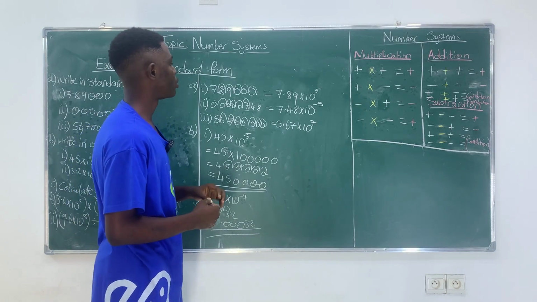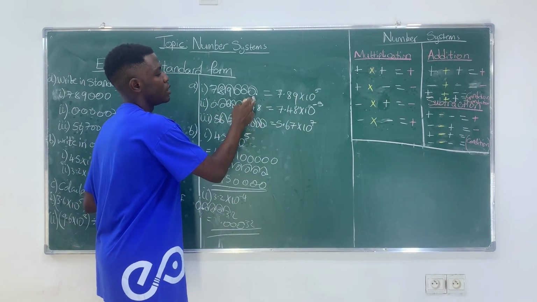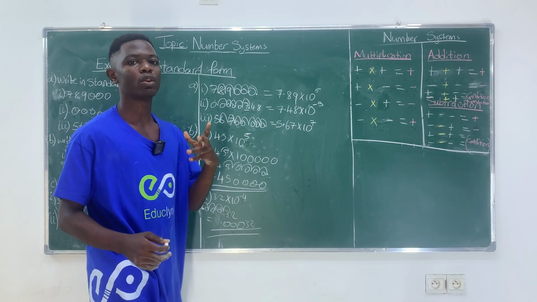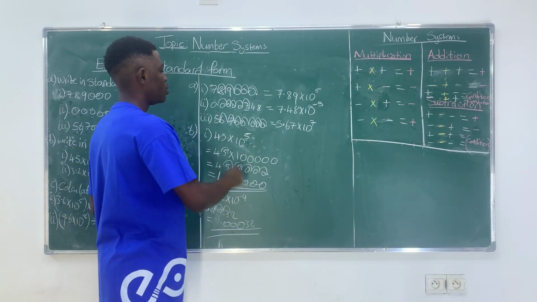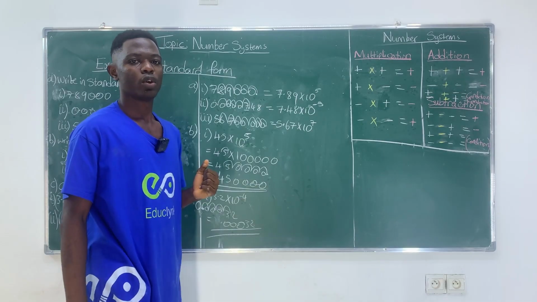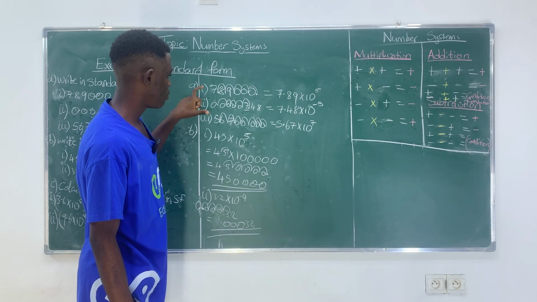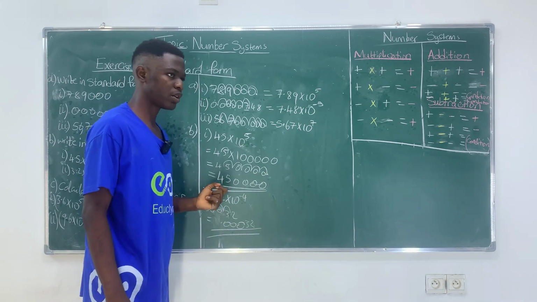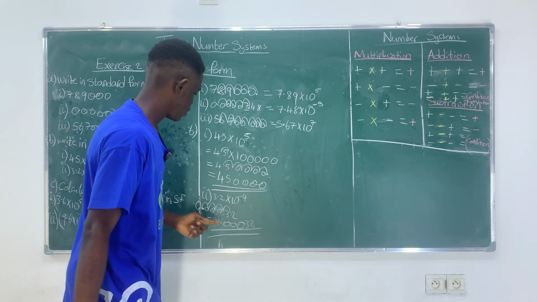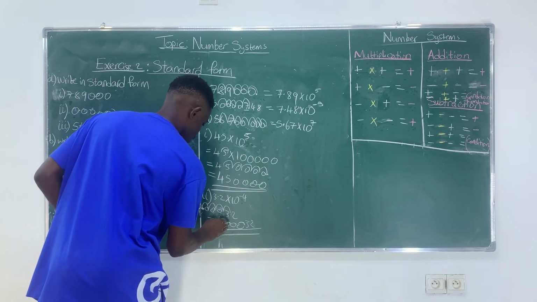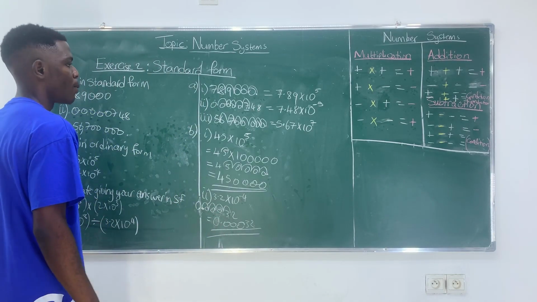So, in contrary, when you want to put this into standard form, you shift instead to the left when it is a big number, and when you have decimals, you want to put it back to ordinary form. Alright, so that is the answer. It will be better with 0.00032.